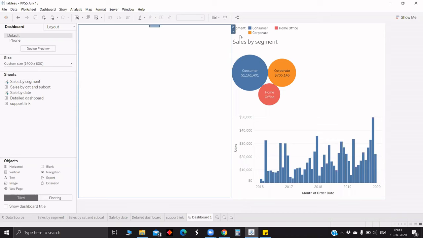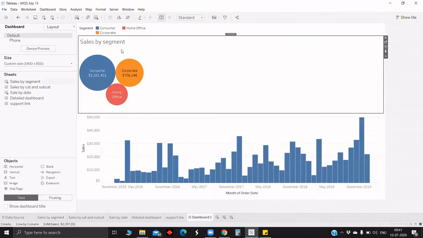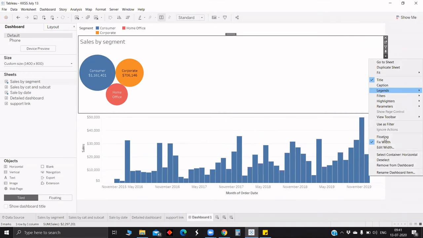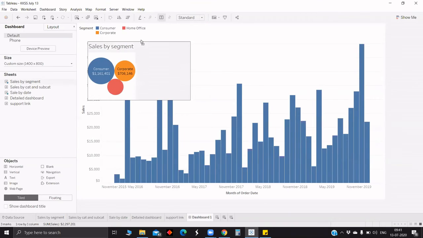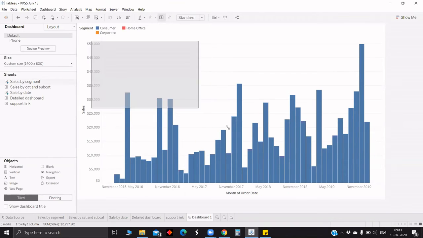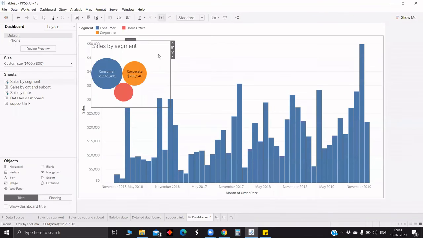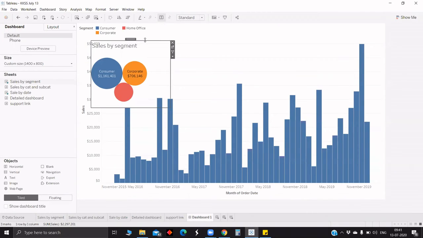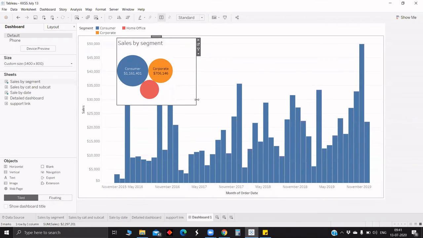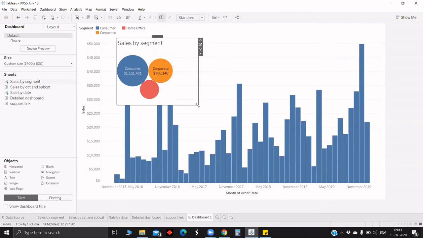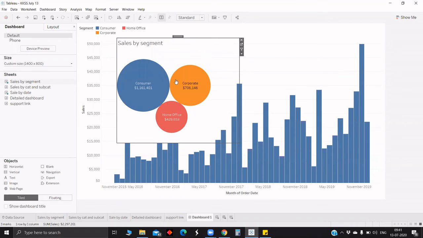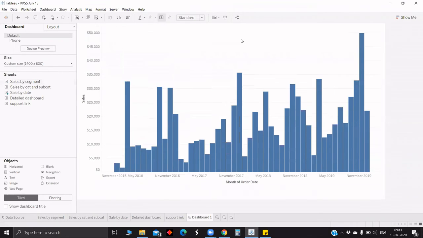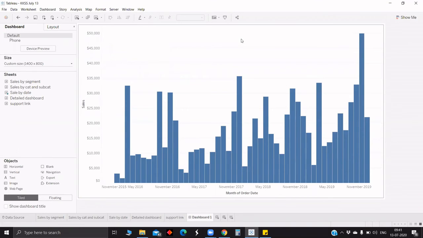There is another option known as floating. So what it does is, for example, currently I have selected sales by segment, and if I click here and give floating, it comes out and we can resize it the way we want. For example, like an image in PowerPoint, once we pull it, we can edit the size by dragging on any side or left, wherever you want. So in this case, if we drag, it comes in full view. But the problem with floating is, once the automatic size is changed or it is a different size, then the image will get disoriented here and there. So that's why we generally go with the container.